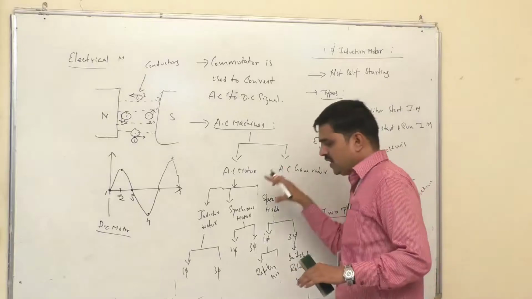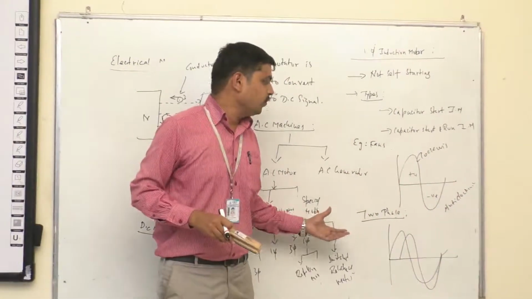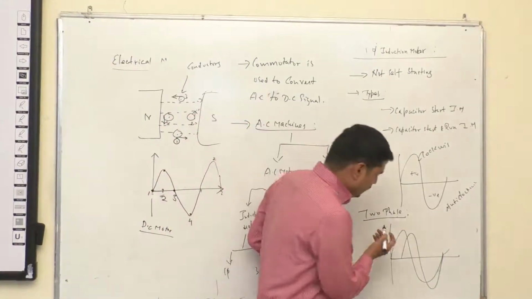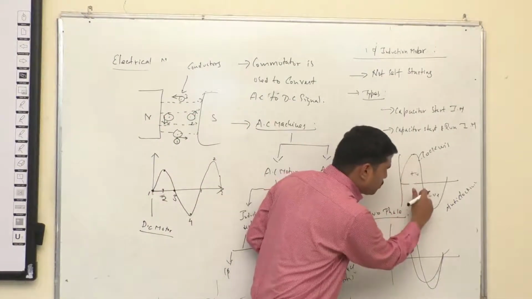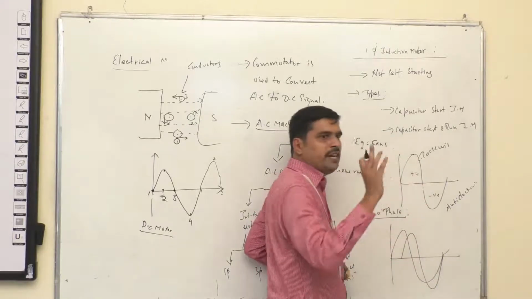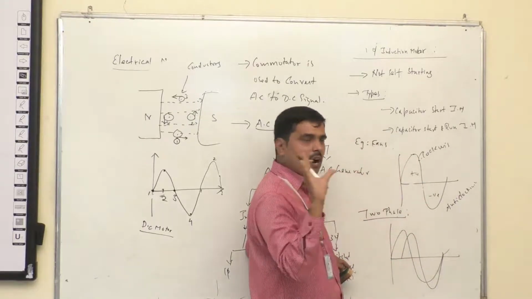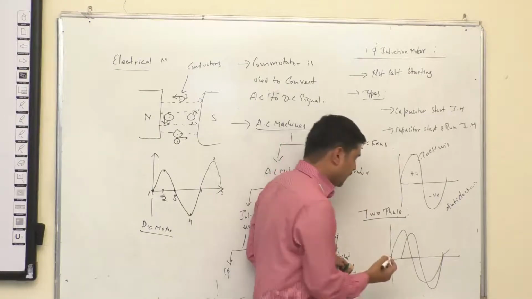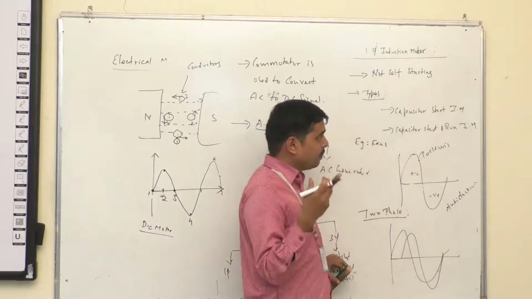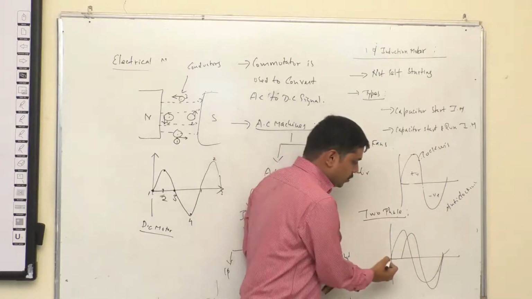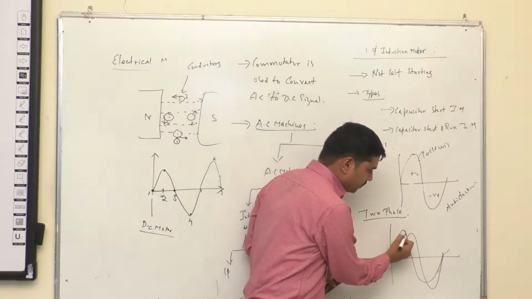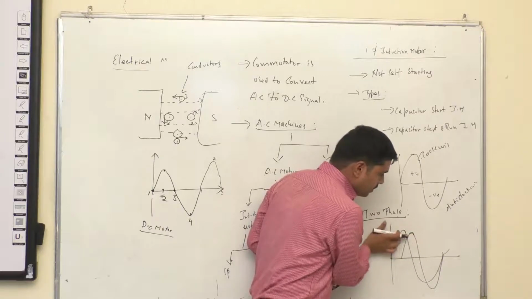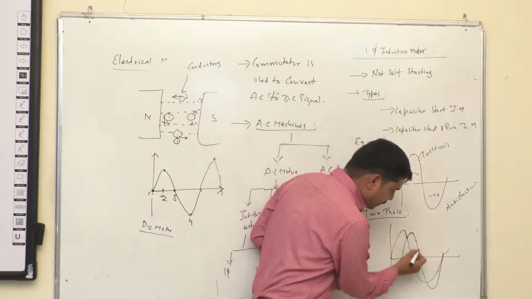Now the single phase is developed into a two phase by connecting a capacitor. Because of the single phase, once it comes here, it goes to zero. Again, it goes in the negative direction. That's why it is trying to rotate in the clockwise direction and it is opposing in the anti-clockwise direction. But if you create a two phase by means of a capacitor connected, a capacitor start induction motor, or you can say capacitor start and run induction motor, we'll see that one. So what happens is it goes there. When it comes to this position, again because of the capacitor, it starts here. Right? So again it is coming down.